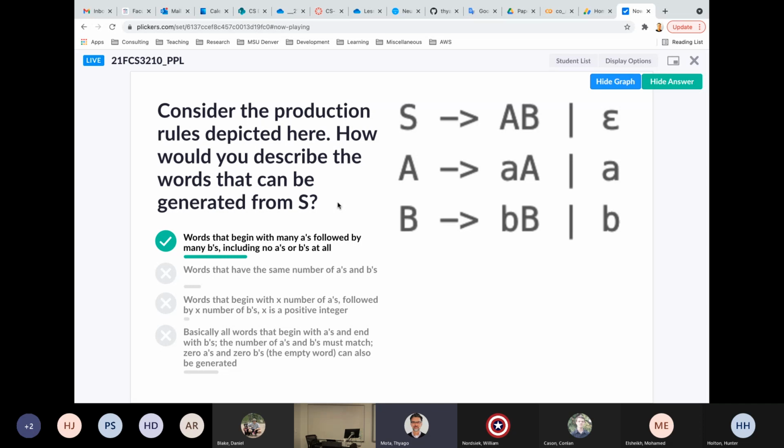Do you argue that that's the best fitting definition, but still not accurate, since it should be words that begin with one or more A's followed by one or more B's? Yeah, I kind of agree, after reading this now,